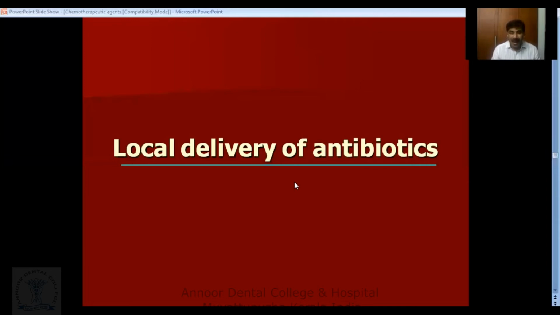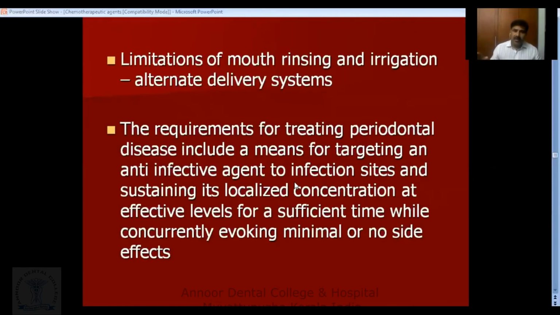Now, what is the rationale of giving local delivery of antibiotics? When you give systemic antibiotics, the problem of systemic antibiotics for periodontal infection is